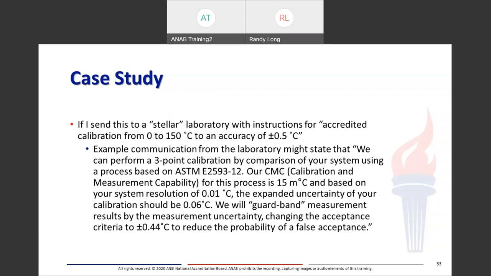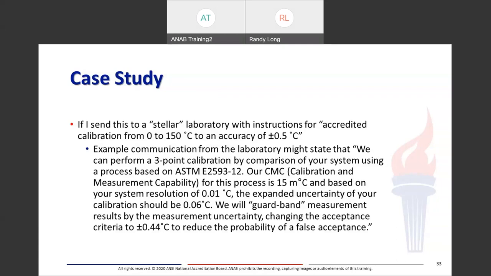If I turn around and send this to what I would call a stellar laboratory with instructions for an accredited calibration from 0 to 150C to an accuracy of 0.5C, an example of communication from the laboratory might state, we can perform a 3-point calibration by comparison of your system using a process based on ASTM E2593. Our measurement capability for this process is 15 millidegrees C, and based on your system resolution of 0.01, the expanded uncertainty of your calibration should be